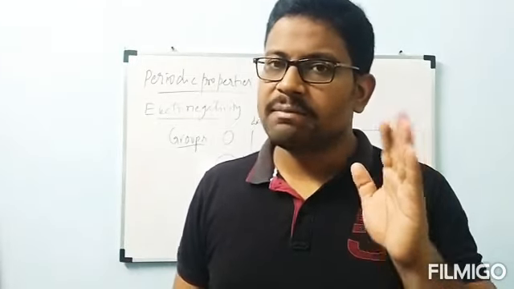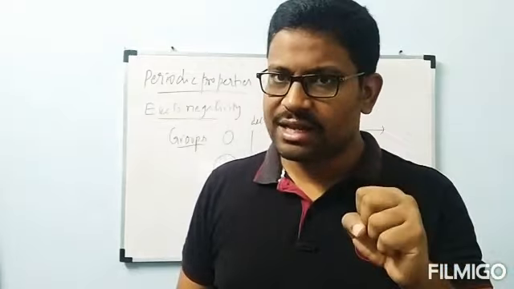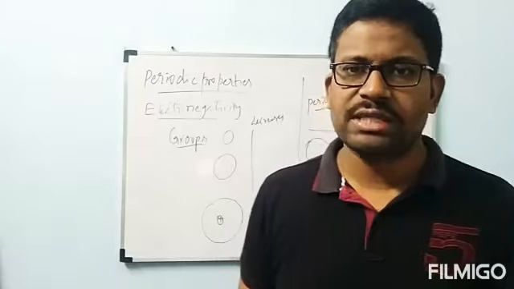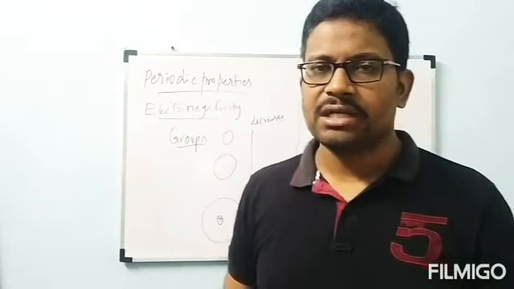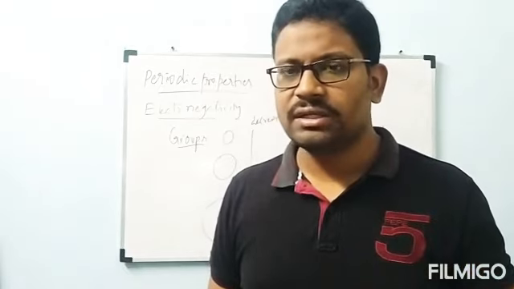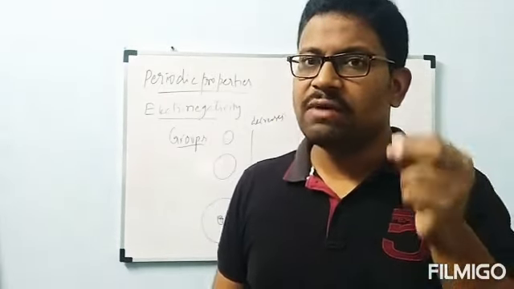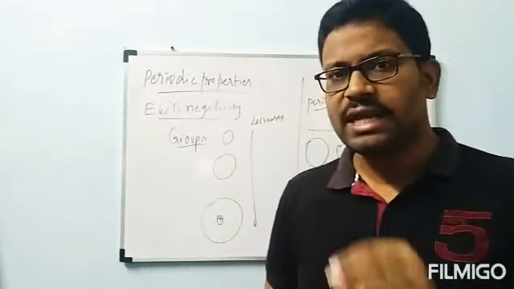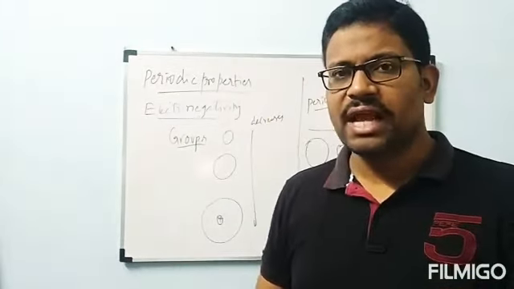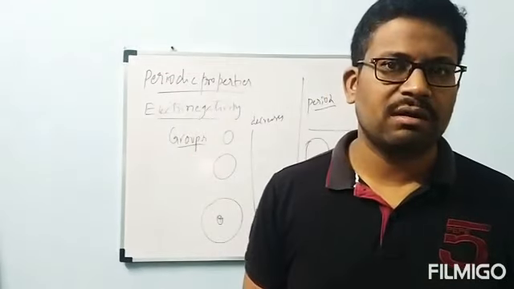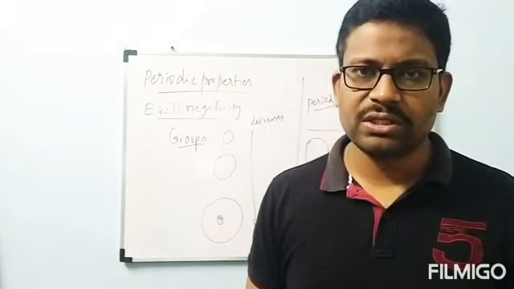Understood? Already present in a bond. So it is the element which has the highest capacity to pull the bond pair of electrons towards the nucleus, because of small size and high nuclear charge. Actually, hydrogen is smaller than fluorine, but hydrogen has only one proton in the nucleus. Fluorine has 9 protons, so fluorine is the element with the highest electronegativity, 4.0 according to the Pauling scale.